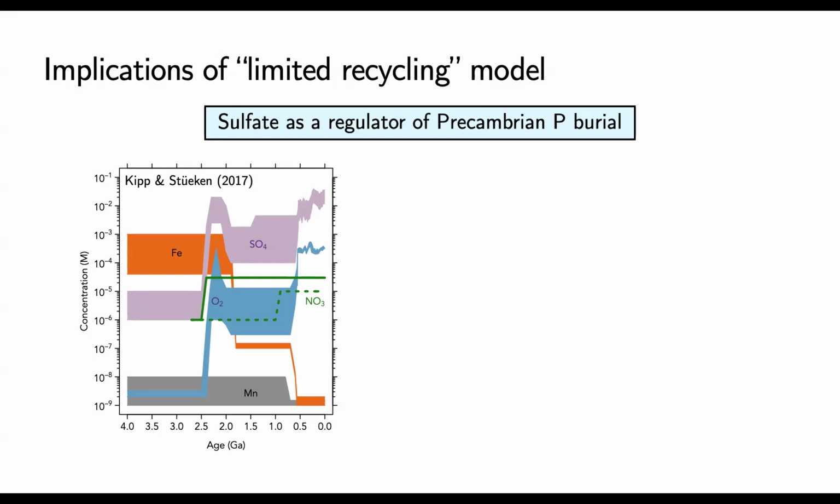And I'd note here that the iron box is meant to represent ferric iron available for dissimilatory iron reduction. That's a very conservative upper estimate. It's an upper limit. It's assuming that our upper limit on ferrous iron concentrations, which comes from iron mineral solubility, could be quantitatively converted to ferric iron and then entirely used for organic matter respiration. That's a set of conservative assumptions, and I think we would expect lower than that amount of iron. So sulfate really would have a lot of work to do to carry the load of recycling phosphorus back to the water column.